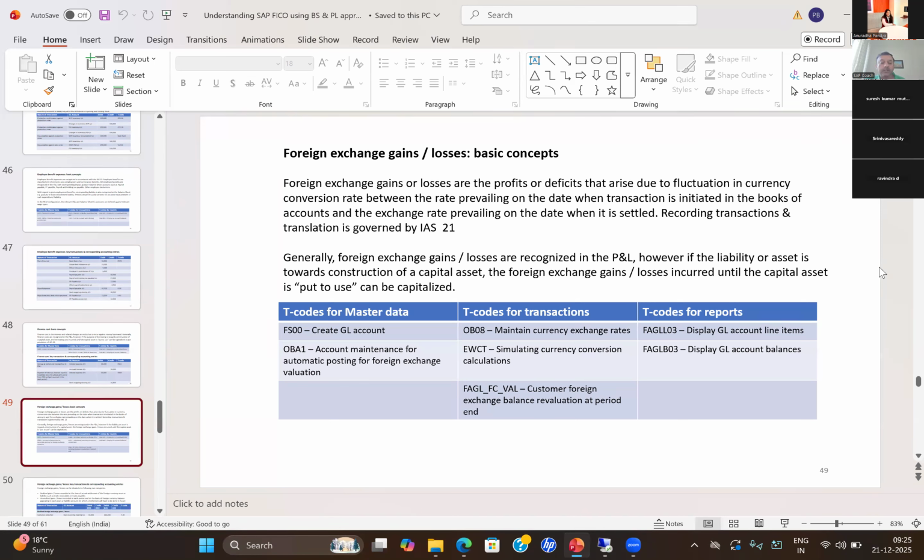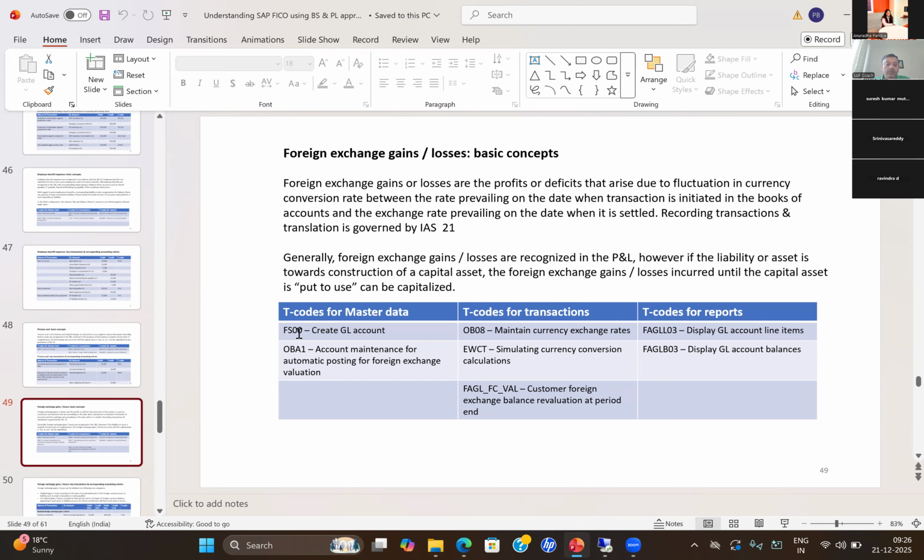I hope the difference between realized and unrealized is clear. It's an important interview question, so that's why I am emphasizing. If you can talk about the difference between realized and unrealized in a good way, like you are able to convey it, then you will be able to answer that question in your interview very properly. Sure. Then moving on,